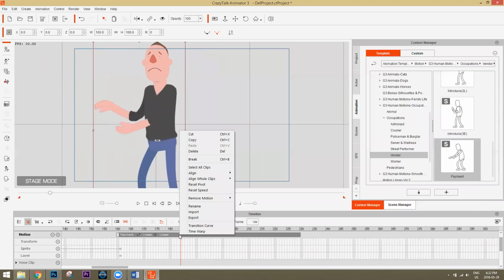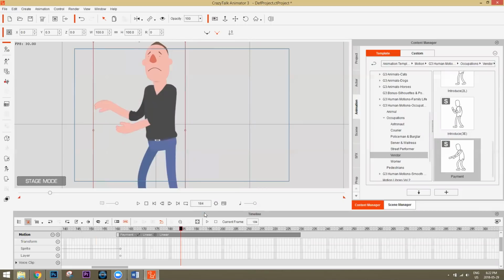I know in iClone you can reverse it, but it doesn't appear so in this one. Not too bad. All right, good enough. I don't want to just work through all the animations in my library here.